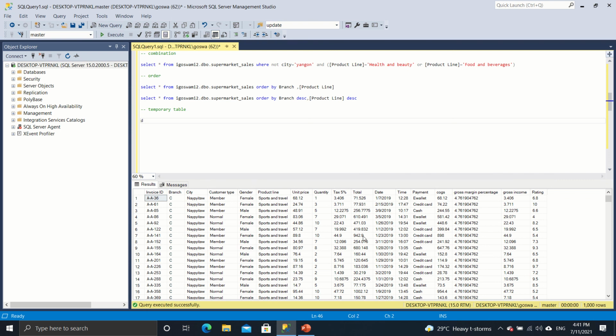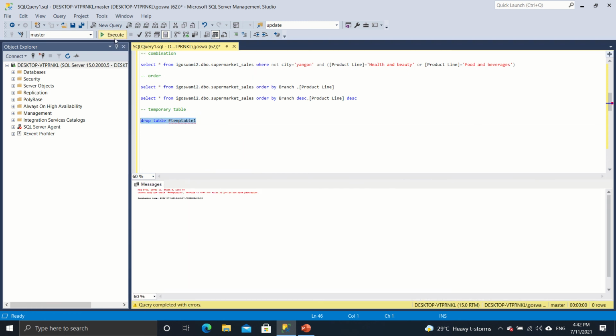I'll start off with a drop table command, and I will name this table temp table 1. Right now there is no table called temp table 1, so that is something that we are about to create. So if I run it now, there will be an error. As you can see, there is an error. It cannot drop this table because there is no such table that exists. But now if I just create this table,